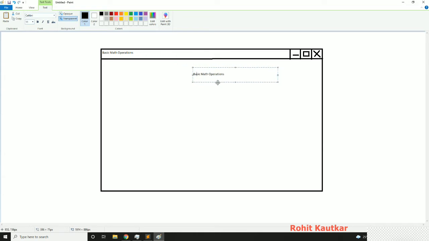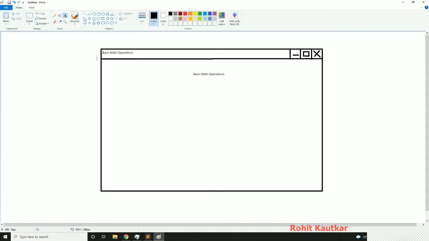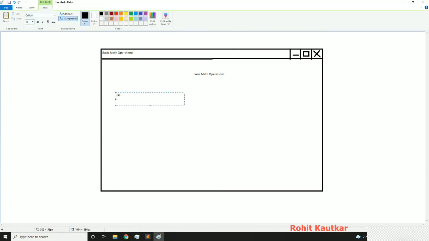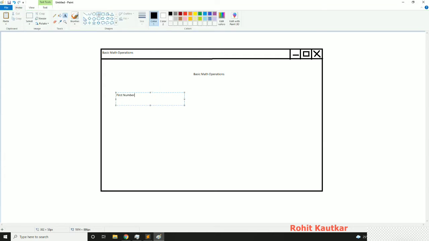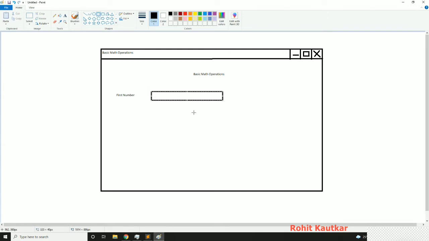Now after this, we will create one label, let's say First Number. Then to read a number from the user we will use a text field like this.